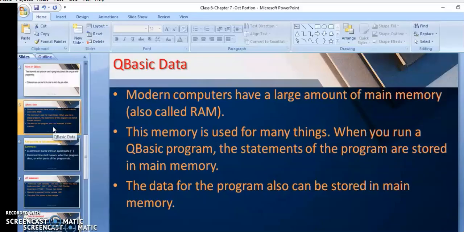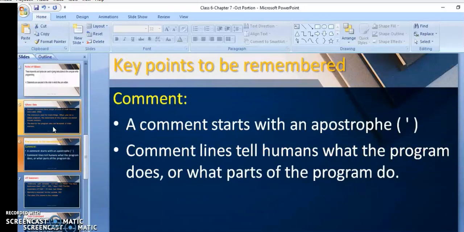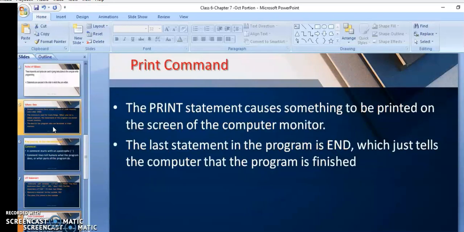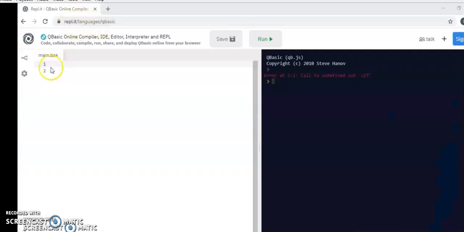Yes, next comes the print statement. So let's see what we all learned. First we have REM. I just missed informing you of the remark. A remark means if you want to put some line that need not be executed in the program, we call it a remark. And then we have the LET statement that I explained just now, that will be assigning values. Then the print statement that I told you: whatever you want to print, use the keyword print and write it in, it will be displayed on the screen. Once you try it out at home using an online compiler seen on the screen, you will be able to figure it out.